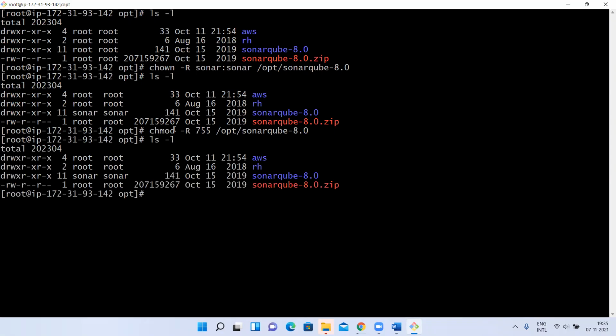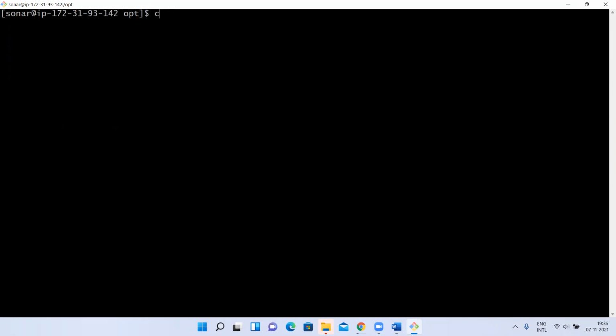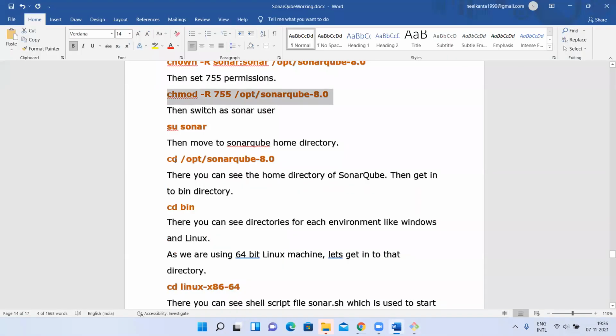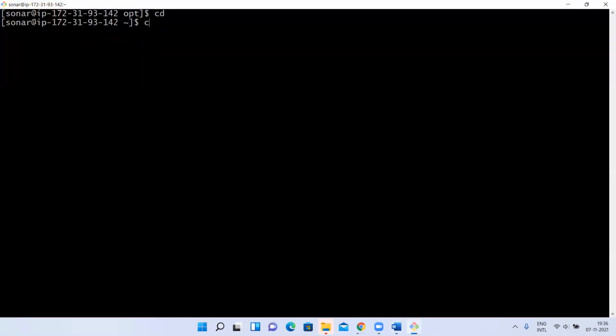Next, the Sonar user. We created one Sonar user, right? Till now we are working with the root user. We downloaded as a root user, extracted as a root user, created a new user, and then changed the ownership to this Sonar user as a root user, right? Now let me switch to that Sonar user. Have you seen that it is not asking for the password, because we switched from root user to normal user? Now let's get back into that /opt/sonar folder, whatever we have extracted.